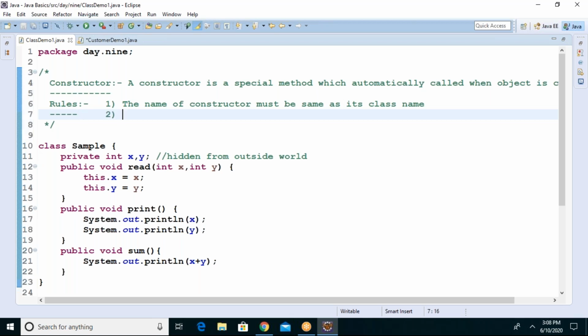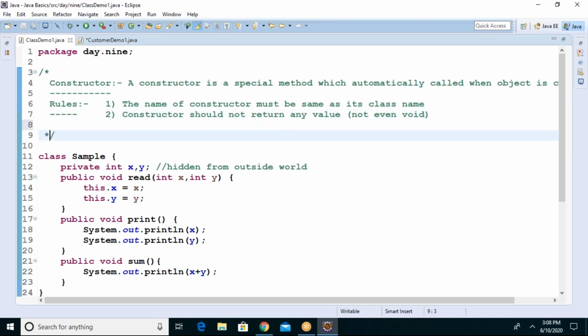That is the first rule. The constructor should not return any value. You don't write anything, not even void. Do remember this point, not even void. Is that clear? Not even void.